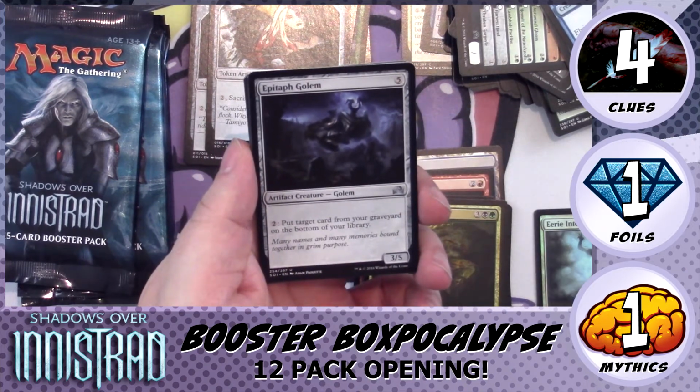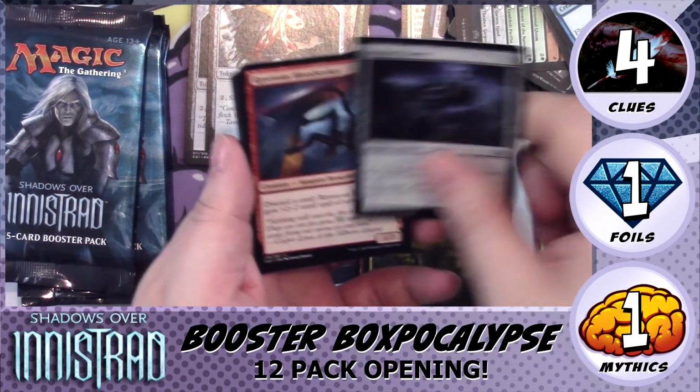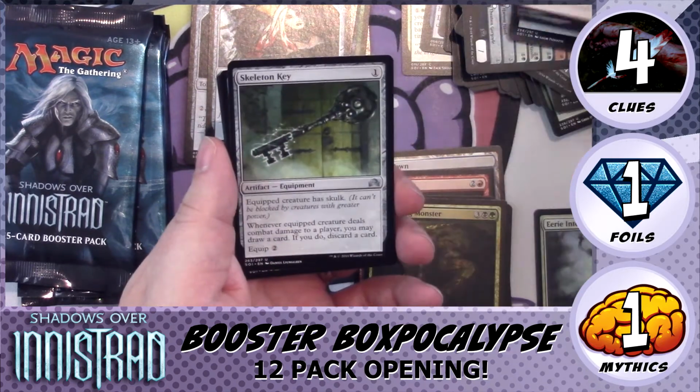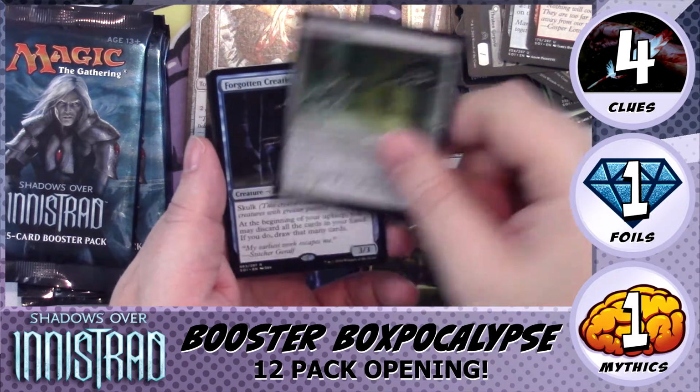Anyways, we have Epitaph Golem, which is an uncommon, so I'm not going to read any more of it. We have Ravenous Bloodseeker, Skeleton Key, and our rare is...